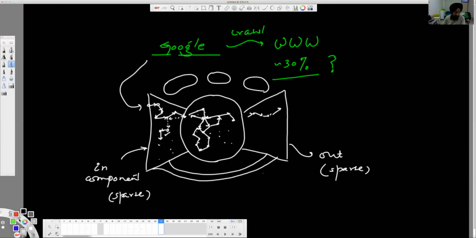Okay, so this part is actually your 30%, around 30%, and because of which Google is only able to search this part, because it finds routes. Okay, it can reroute itself to reach more nodes. It is not possible here. It will find a one-way path here because of the sparse network. Okay, so this is one of the reasons: the cycles. If you have more and more cycles, the network will be traversable. Okay, you can reach different parts of the network. If you do not have cycles in a directed network, you will find it difficult to traverse the network.